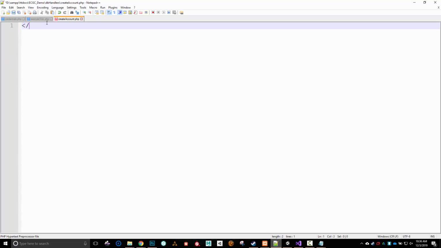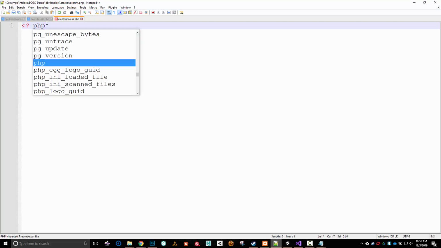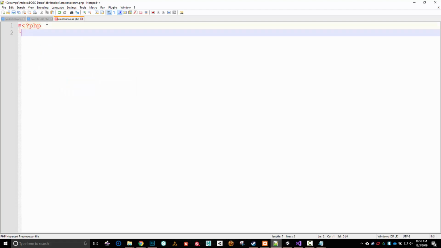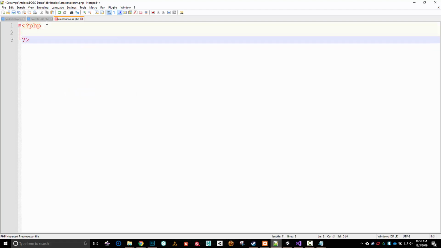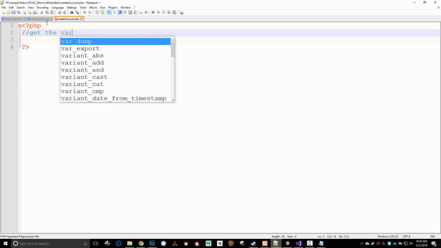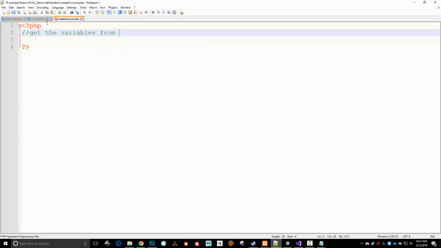Less than question mark PHP, no space. There we go. Question mark greater than. There we go. Save that. All right. So the first thing I want to do is get the variables from the form